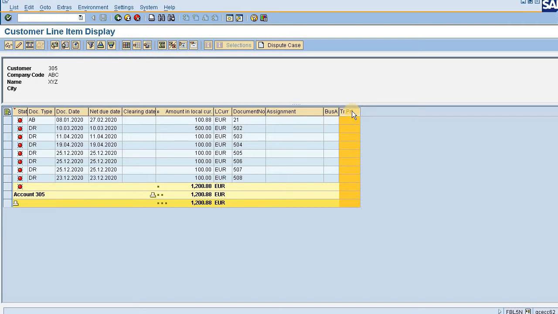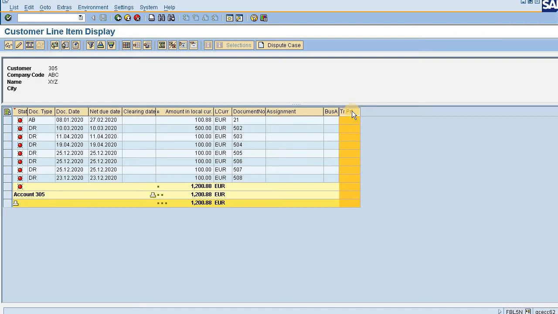Now none of the fields are updated here. As none of the fields has any value in it, accordingly these are not being considered in F.13 clearing. So that's the answer to the first question.